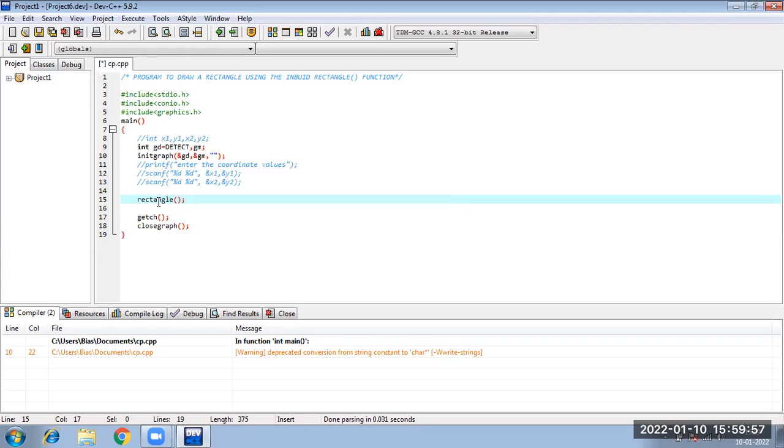And for bottom, what was the value? These 4 coordinate values, if you provide, then automatically the rectangle will be drawn. There you do not need to provide the 4 line statements also. See, a lot of work is saved.